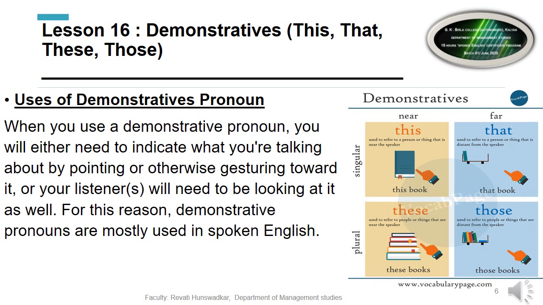These are my books, which are kept in the rack. These are my books because I can easily identify them. And it is more than one book, so that is known as plural. Those are my books, more than one book again. But those are my books, I am pointing out, it is far from me. But these are my books, which are near to me.